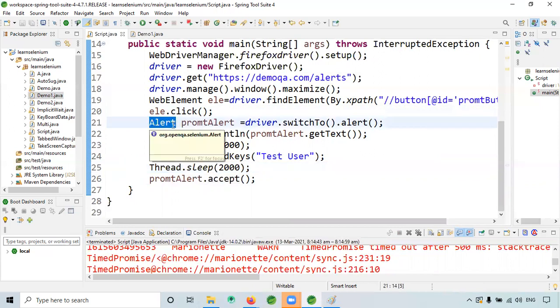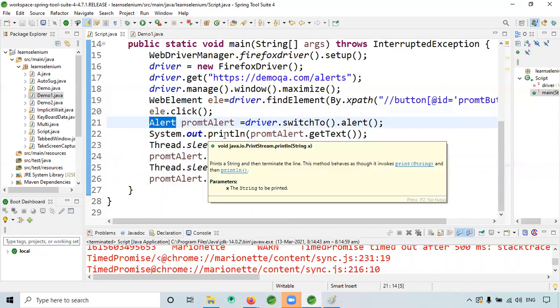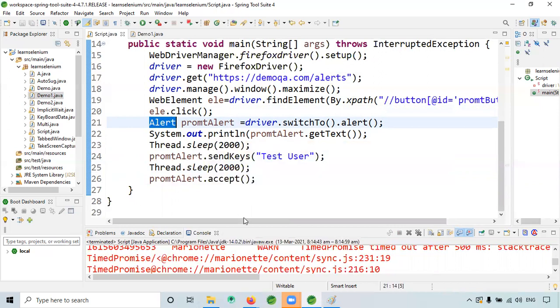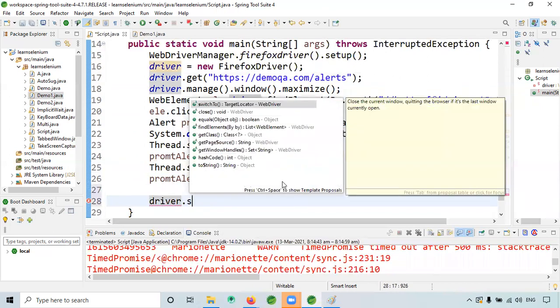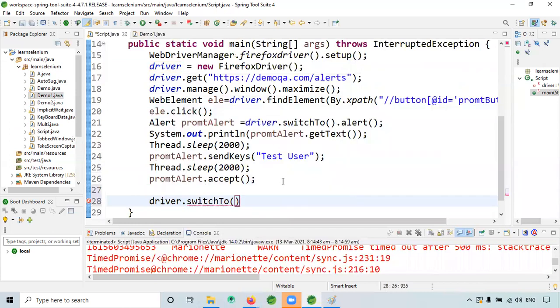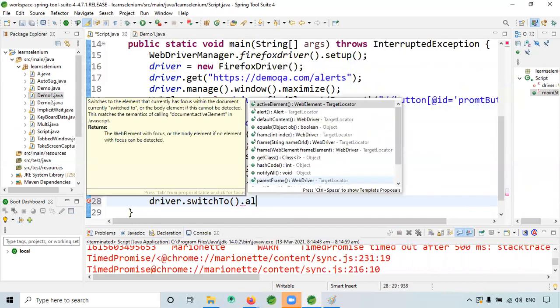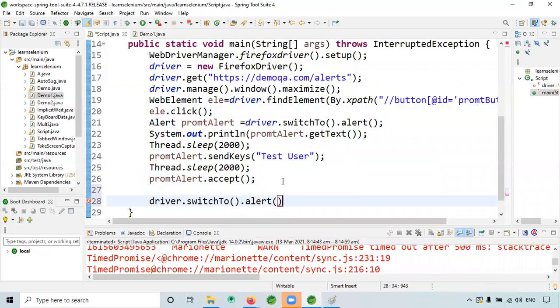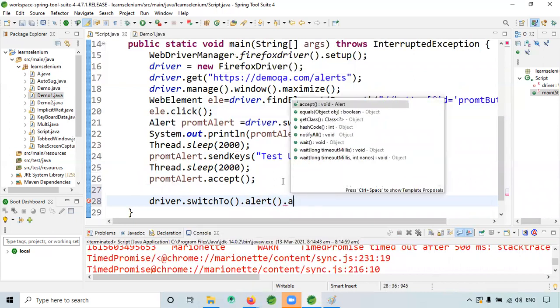Previously, how did we handle alerts? At that time they had some functions like driver dot switchTo dot alert dot accept.